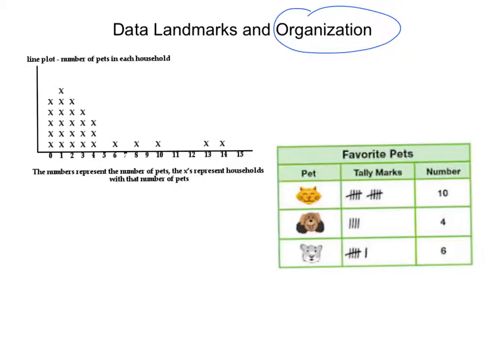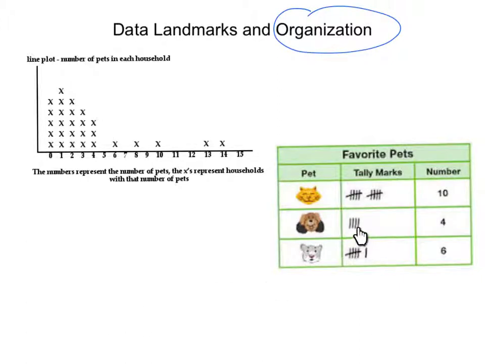Now I'd like to talk about the organization part of the data landmarks and organization. Organization is really how you are going to present this data in a graph that helps you analyze it. There are so many different ways. Last unit we looked at circle graphs and percent graphs. We've looked at bar graphs. In this unit I want to remind you of 2 other ways to organize data that you have seen in the past. Here we have a line plot